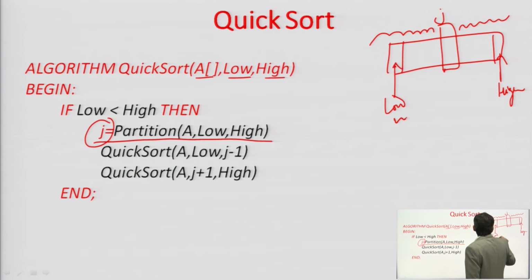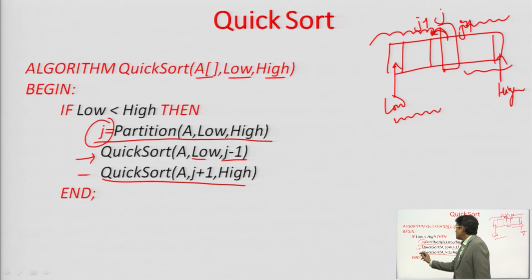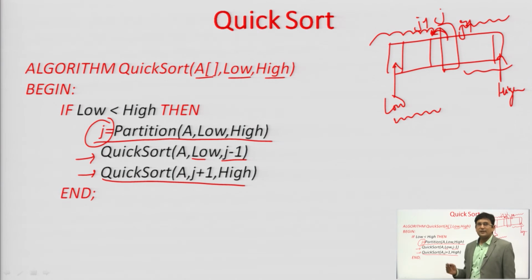Now, we will perform the quick sort on the left of j. If this is j, the immediate left element will be the j minus 1 index element. So, low to j minus 1 is the first quick sort that we will perform, and on the right also, if this is the j index, this will be the j plus 1 index. So, we will perform quick sort on j plus 1 to high, the other part of the array. So, you will perform quick sort on the left half and quick sort on the right half. If the position of the jth index has got fixed, you will have a left part ranging from low to j minus 1 and a right half ranging from j plus 1 to high. So, you will perform the quick sort on both parts of the array.